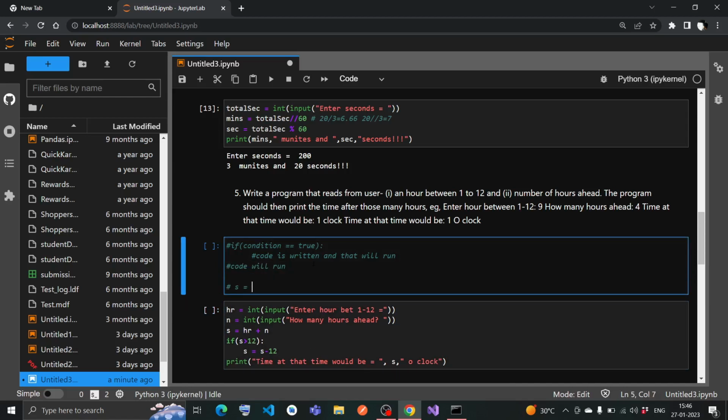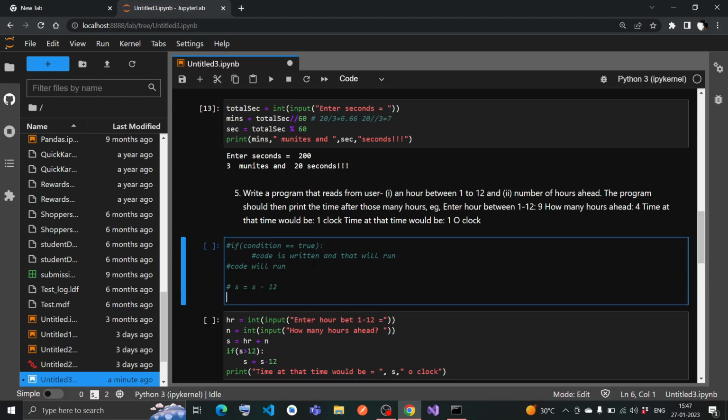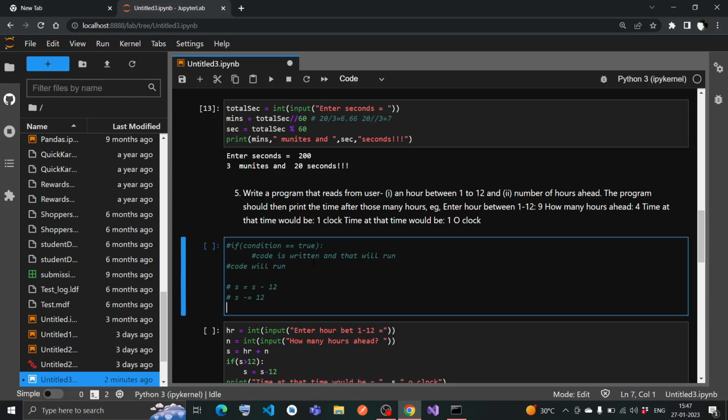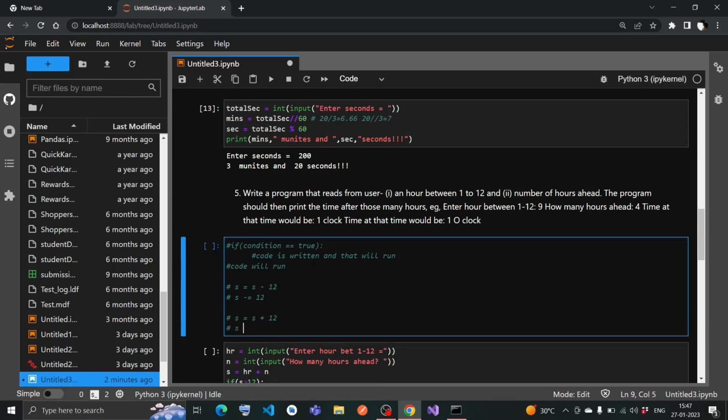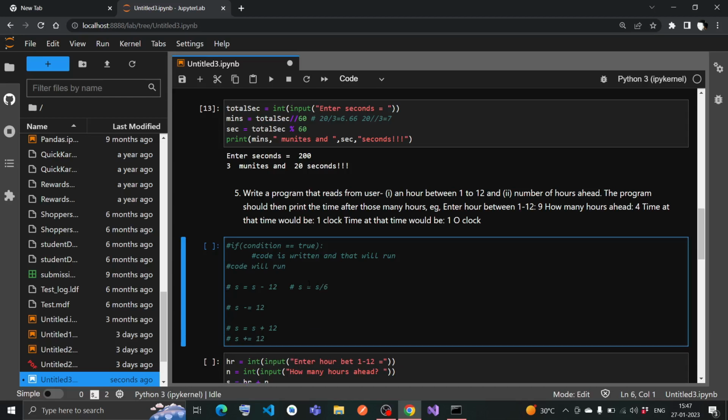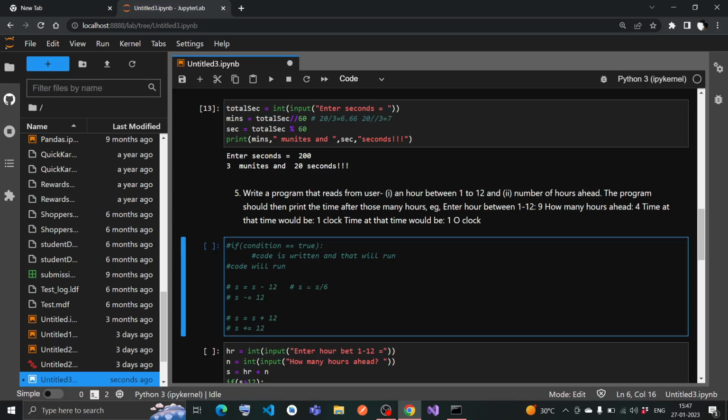Instead of writing s equal s minus 12, we can write it as s minus equal 12, or instead of writing s equal s plus 12, we can write s plus equal 12, and instead of writing s equal s divided by 12, or let's say 6, any value,